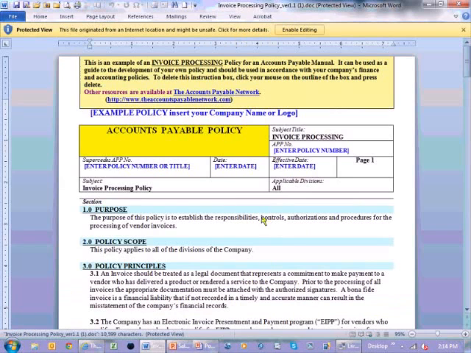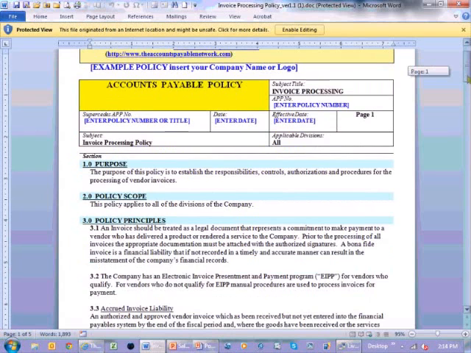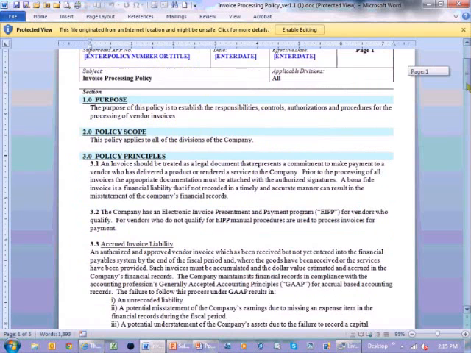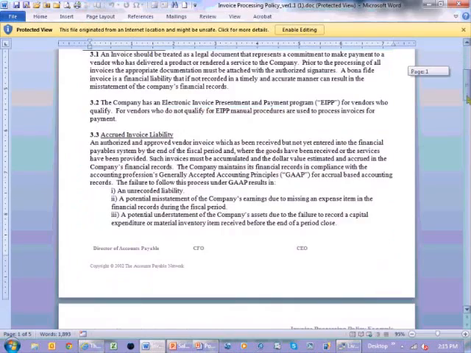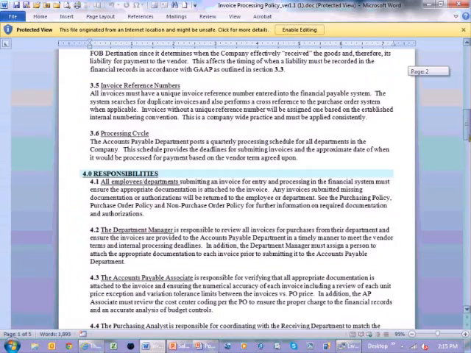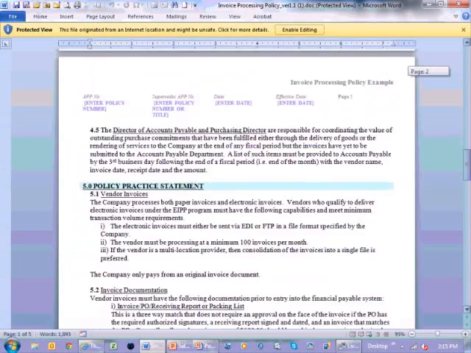And you'll see that once you've downloaded a policy, you can delete this yellow instruction box, insert your own company's name or logo, and you are 85% of the way to having a completed written policy that's written around GAAP and SOX standards. Here you'll see a purpose, policy scope, policy principles, responsibilities, policy practice statement,